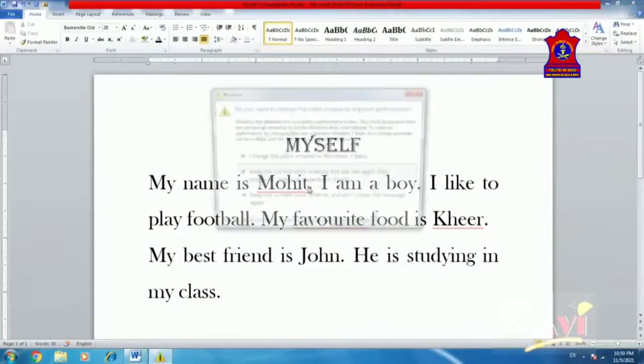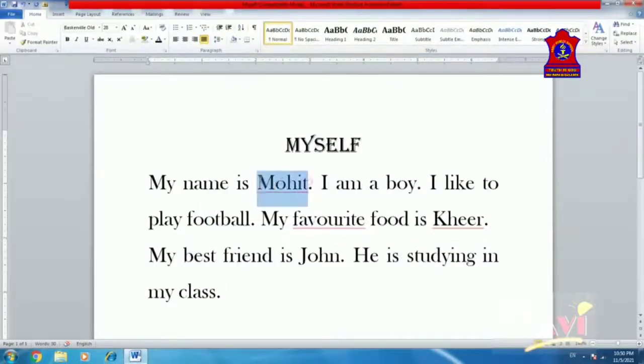Select the text. So I'm selecting the text here. See, the text is selected. What you need to do, select the text and see here the mini toolbar appears. As soon as you select the text, the mini toolbar appears here and it contains some of the very frequently used commands. Like here you can find there are some commands from the font group as well as from the paragraph group. So this is very simple. Select the text. Once you select the text, the mini toolbar will appear.